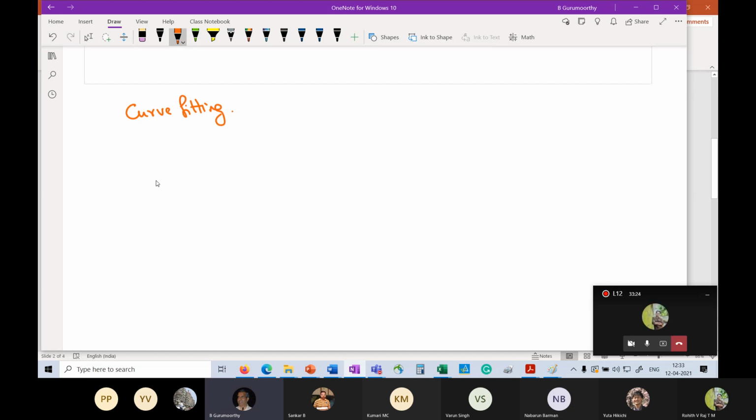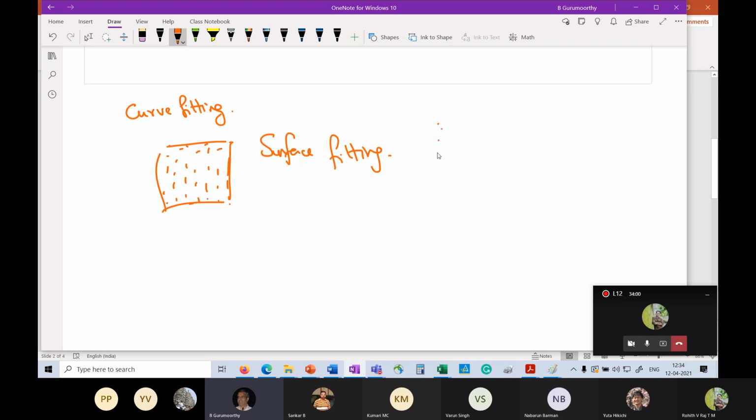there is another way of constructing a surface, which is by providing points on the surface. I have a bunch of points on the surface, and I need to fit a surface to that. So the 2D analog of curve fitting is surface fitting. Now, there are two parts to this problem. One is where I have nice input data which comes in the form of a grid, the way I have drawn here.